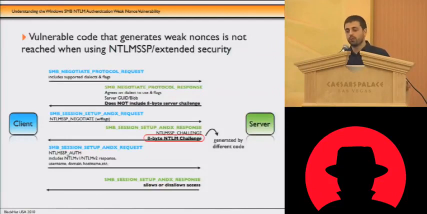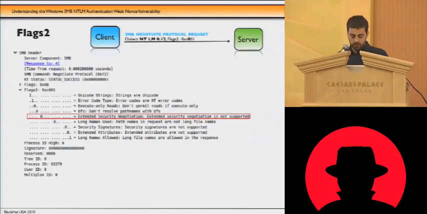So if you're trying to perform a passive replay attack against two machines that are using NTLM SSP, you won't be able to, because the server is not going to generate duplicate challenges. Which mode is actually going to be used between two Windows machines is determined by a bit in a field called flags2 in the SMB header of the SMB negotiate protocol request packet. That is the first packet that is sent from the client to the server when the client wants to